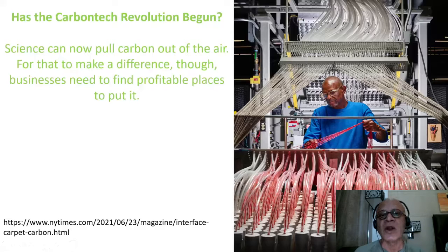So we've talked about carbon capture and sequestration, and we briefly touched on using CO2 in polymers, plastics, soaps, tiles, and so on. Here, carbontech is a broader terminology that is used for production methods and technologies that actually use CO2 to produce things, and this is obviously quite different than what we talk about when we say carbon capture and sequestration. There we are looking for places where captured CO2, let's say from power plants or from the air, can be hidden somewhere for a very long time, like geologic fault lines or old salt mines and so on and so